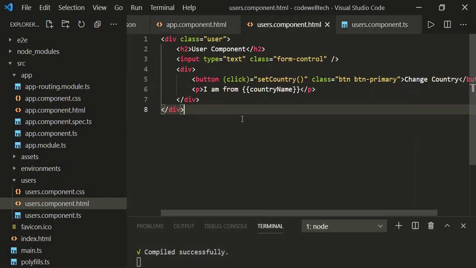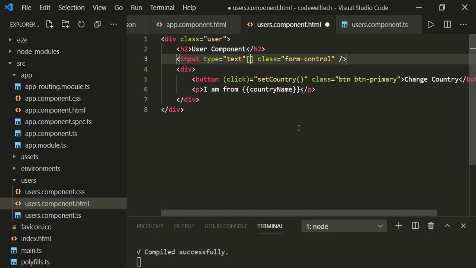Using property binding, we can do that. Remember, for property binding you use these brackets. And what is the property? In HTML, we use the property called value to set the value of the text box. So value, and here what is the property or variable name? countryName. So just give countryName as a variable.